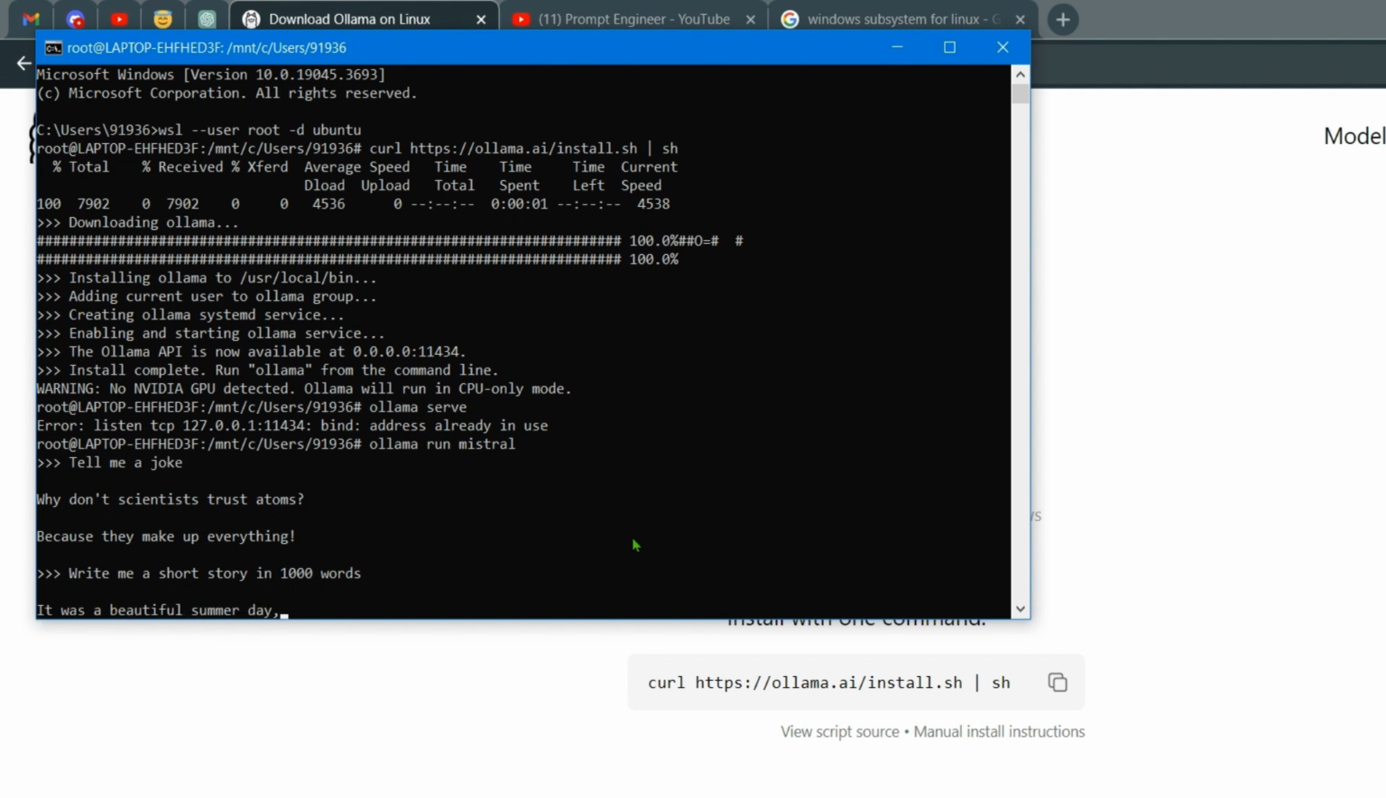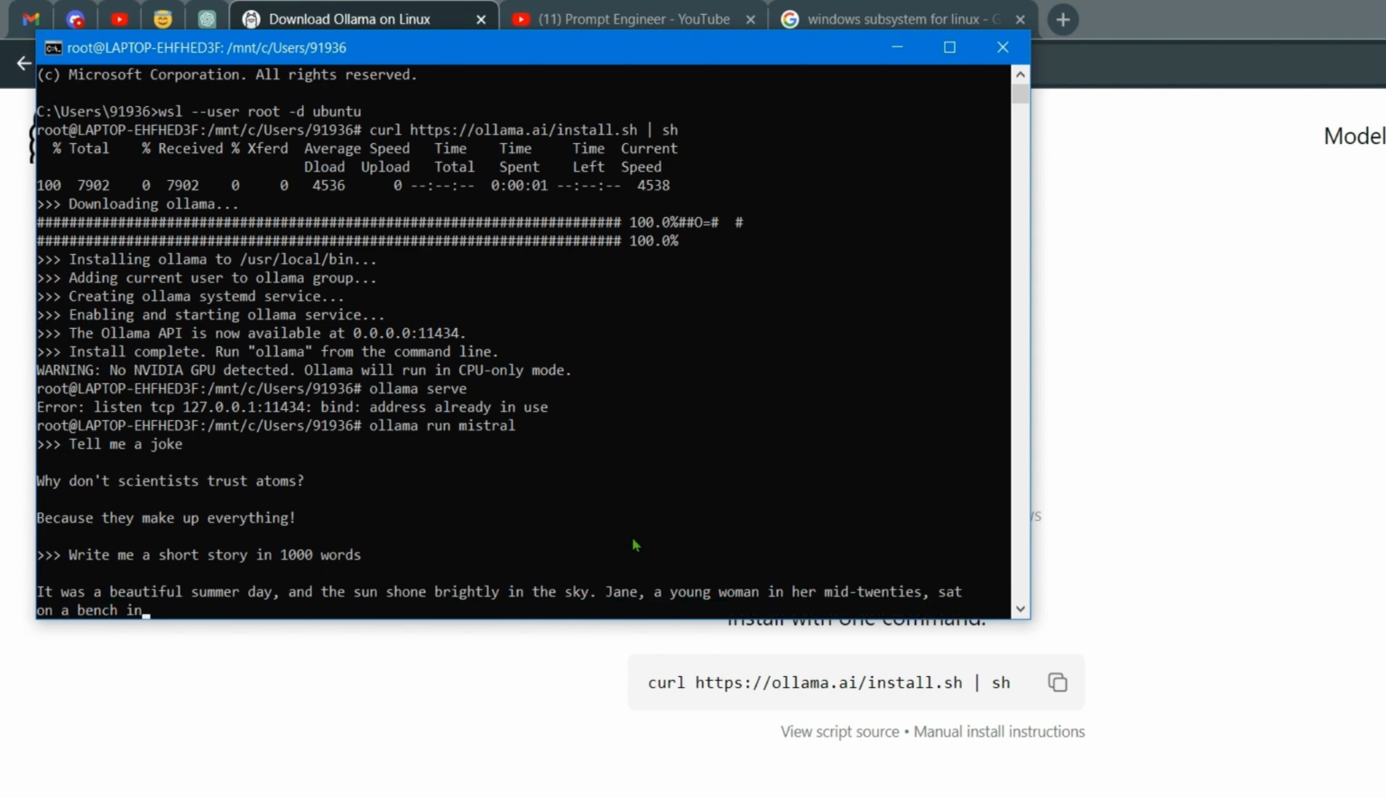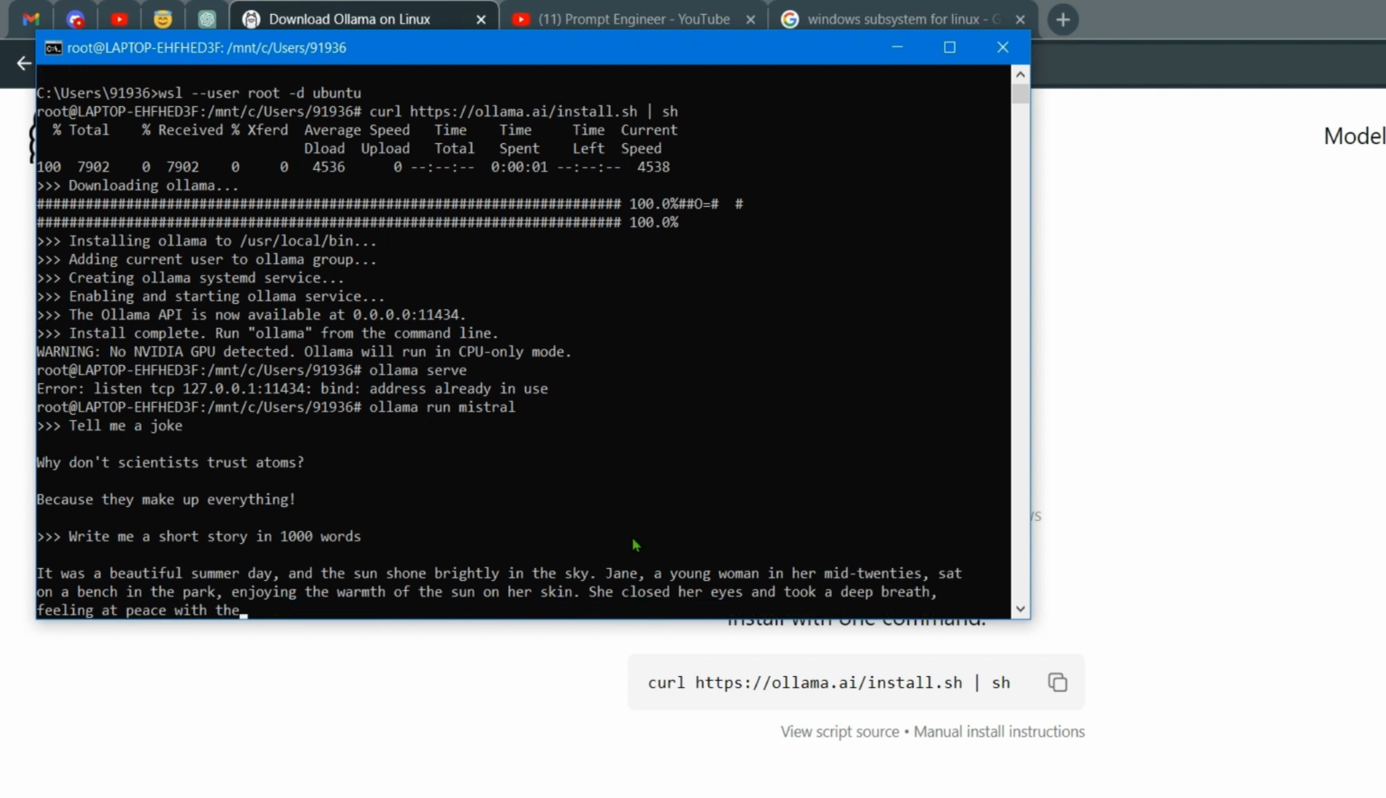It was a beautiful summer day and the sun shone brightly in the sky. Pretty good. Jane, a young woman in her mid-20s, sat on a bench in the park, enjoying the warmth of the sun. As you can see, little slower than my Mac device, but still pretty great, and this is what